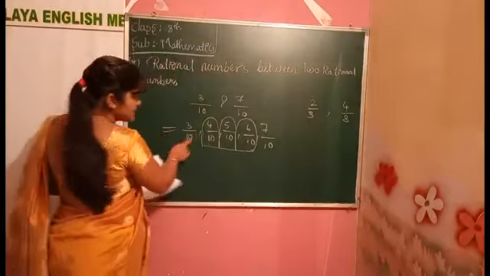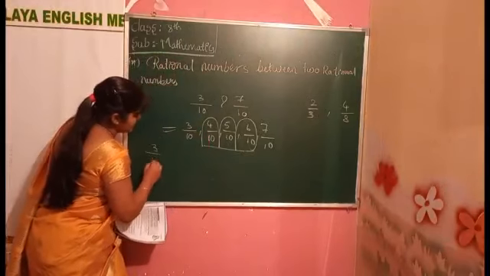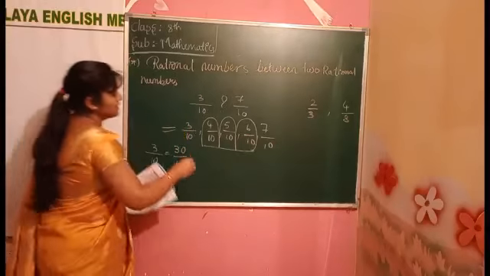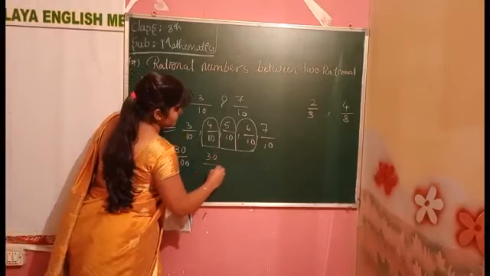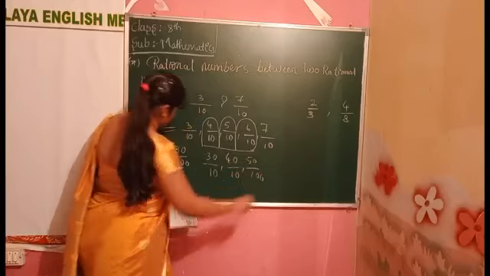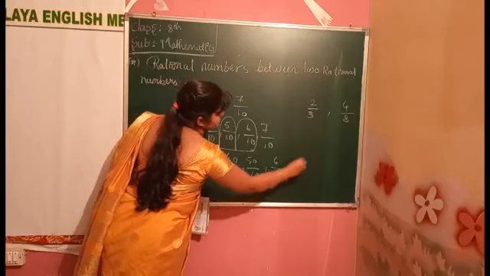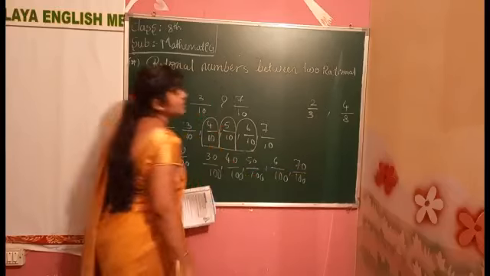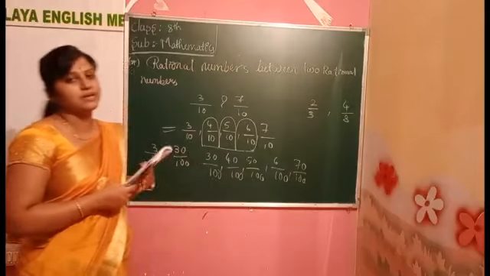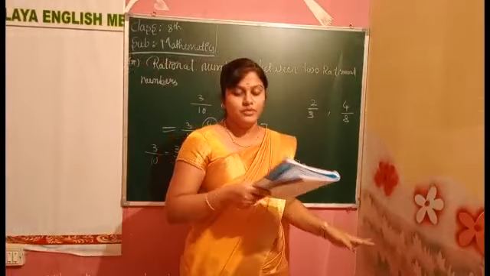And one more thing, this can be done like this also. We can write 3 by 10 as 30 by 100. So the middle numbers will change that time. 30 by 100, 40 by 100, 50 by 100, 60 by 100. The next one is 70 by 100. It can be written like this also. We can convert it by multiplying 10 to both the numbers. Understood now how to write?